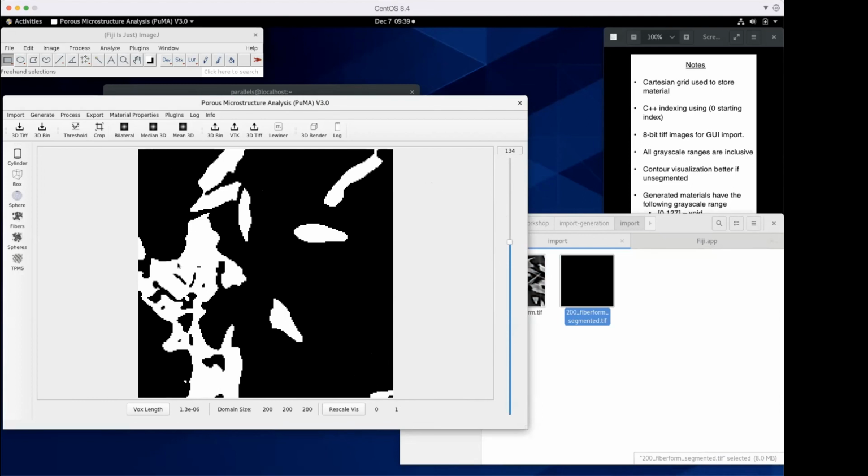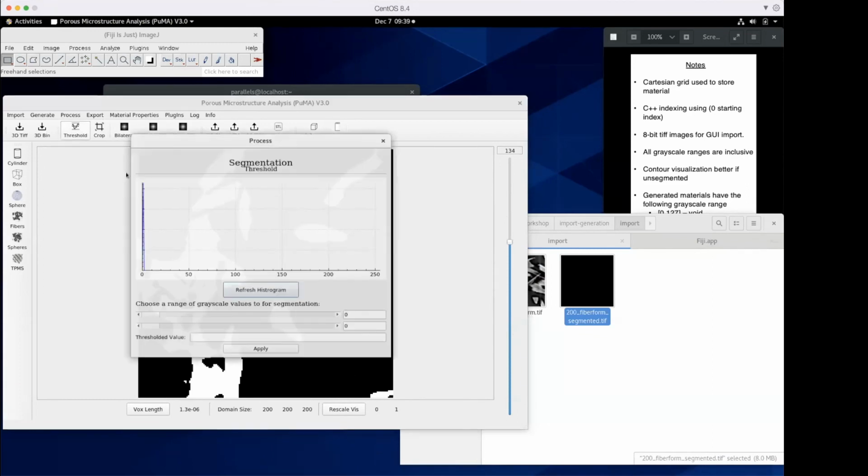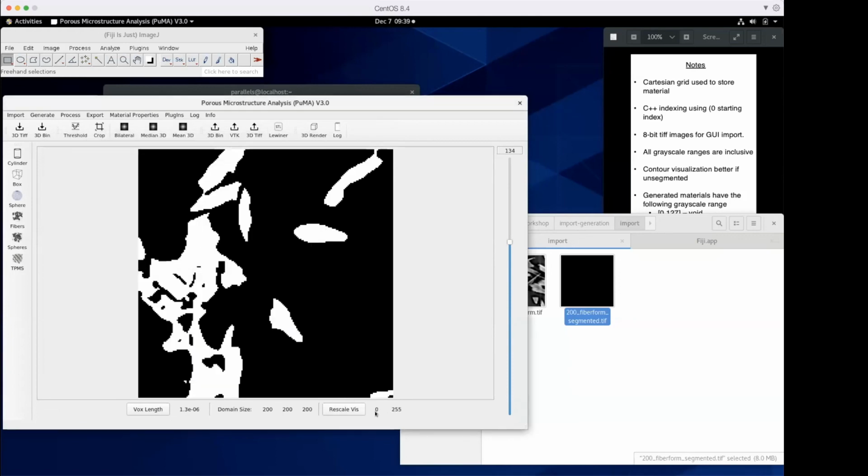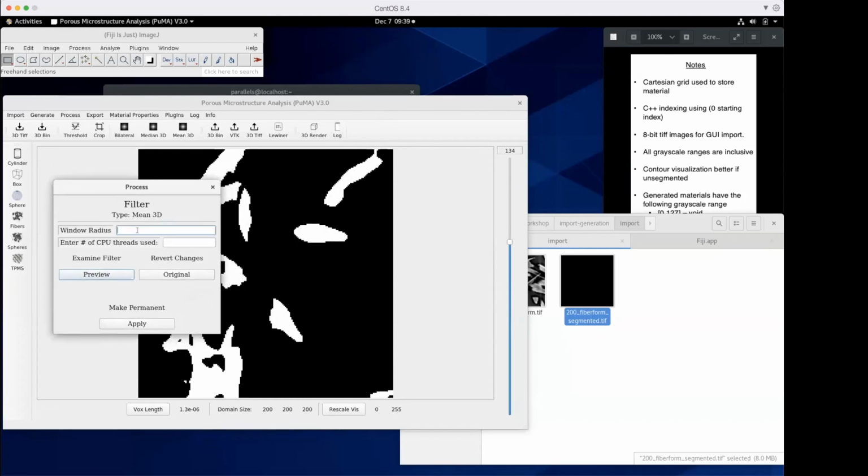Now, here's a trick that you can do in order to do that. So you've imported a segmented image of 0 and 1. And now we can use this thresholding, and we can change this 1 up to some higher value. We can just arbitrarily make it 255. So now it's still segmented, but we've changed our value range from 0 to 255. And then let's just put a blur. Let's just do a mean filter with a radius of, say, 2. And I'll get into filtering again in just a second. And you can see when I click preview on that, it's blurred all the edges. If we apply that to the entire image,